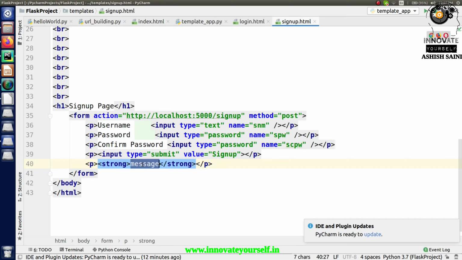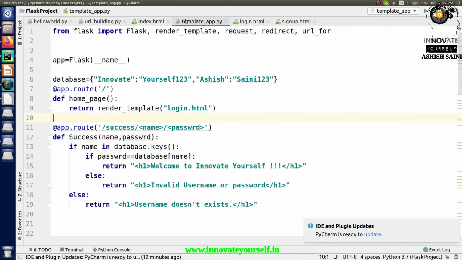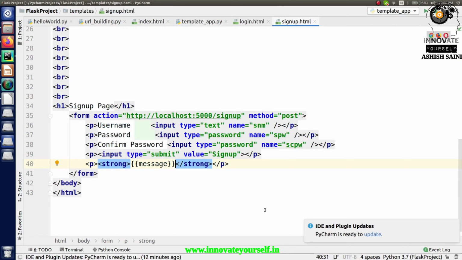To use it as a variable, you have to put it inside two curly braces, right? By using this I will be able to display a dynamic message which I can pass from the Python script which I am going to write in here. From here I will be able to make the changes, and the changes will be seen on this side. So this is what I have done, and your message will be displayed over here, right?